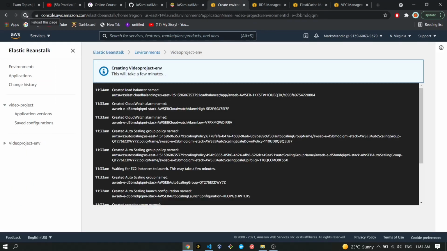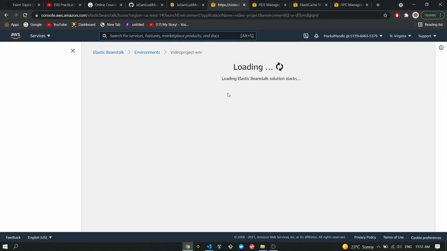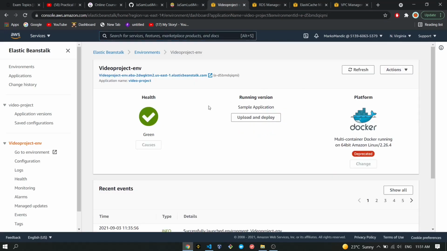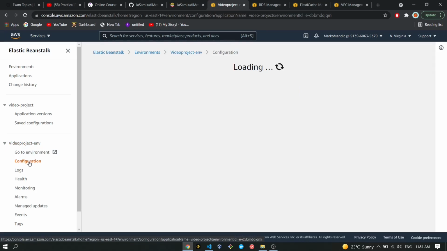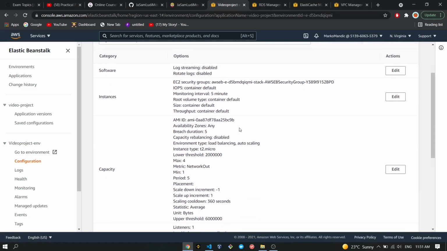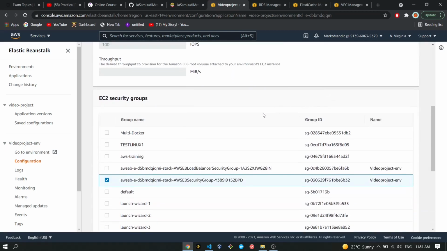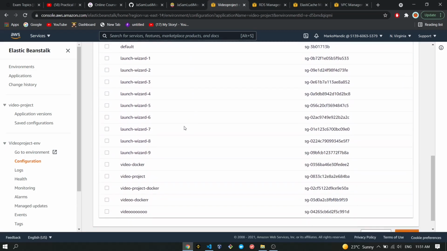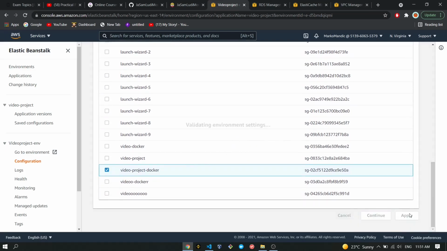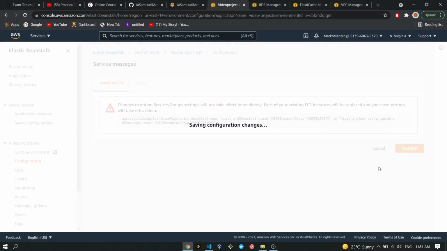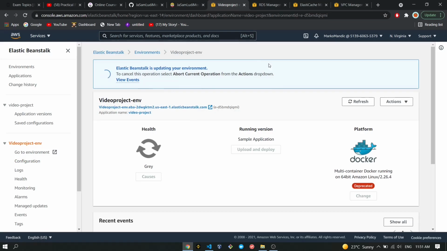I'm just going to refresh this page with our Elastic Beanstalk application to see if it's created, and it is. And I'm going to configuration right now, and inside here in instances I think I can edit. And yeah, here is two security groups. I'm just going to add video project docker like that. I'm going to apply it. I'm going to confirm this, and now it's